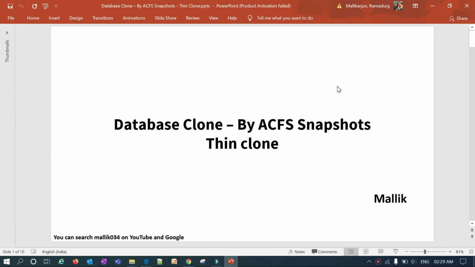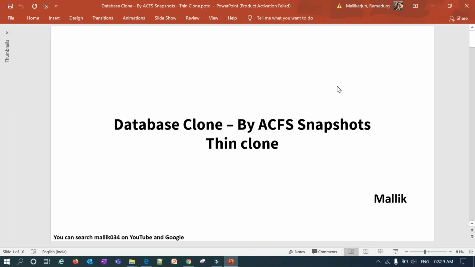As a DBA, you can make use of it free of cost, rather than buying some third-party cloning mechanism. As DBAs, day in and day out we regularly get requests from the application team or business end users to clone the lower environment from the production database. So our development database, UAT database, and test database, we refresh regularly from the latest production data. So this cloning has become one of our mandatory DBA tasks.